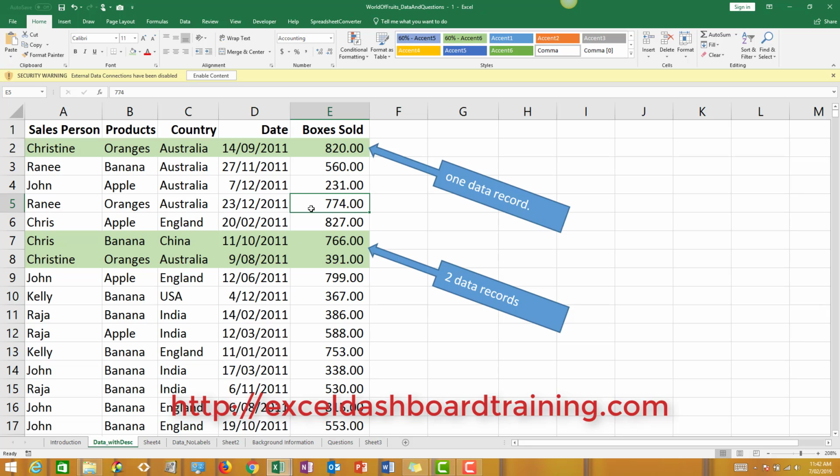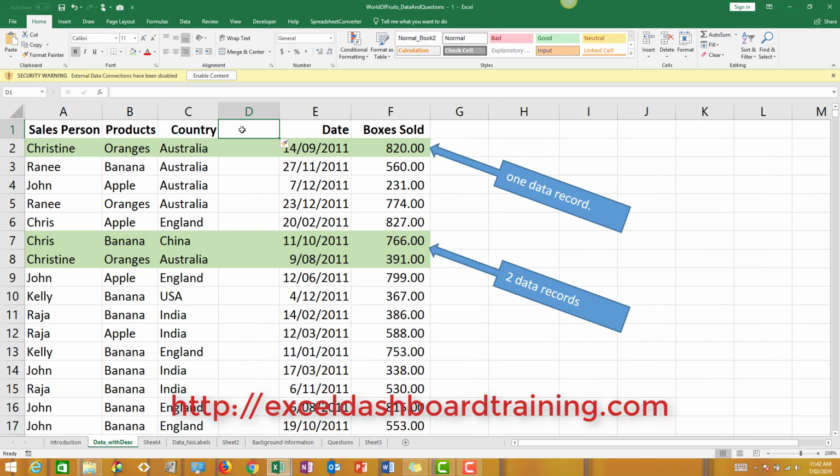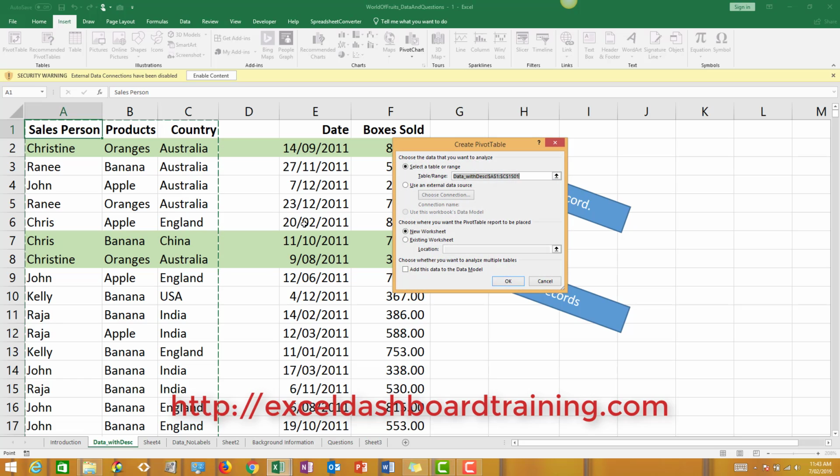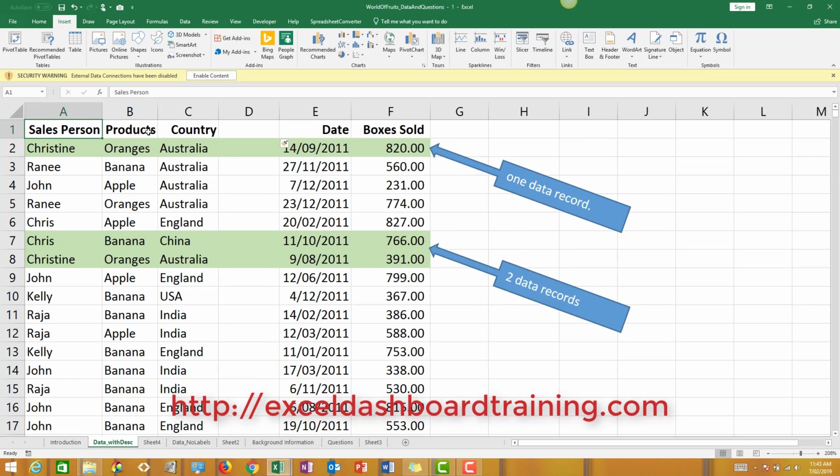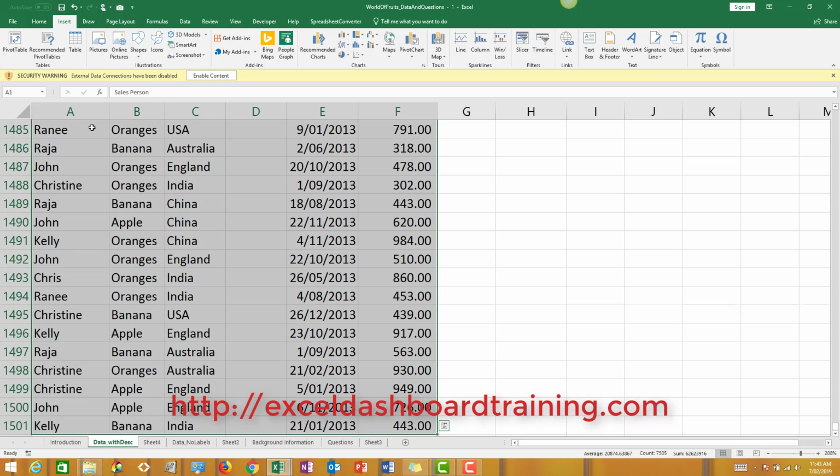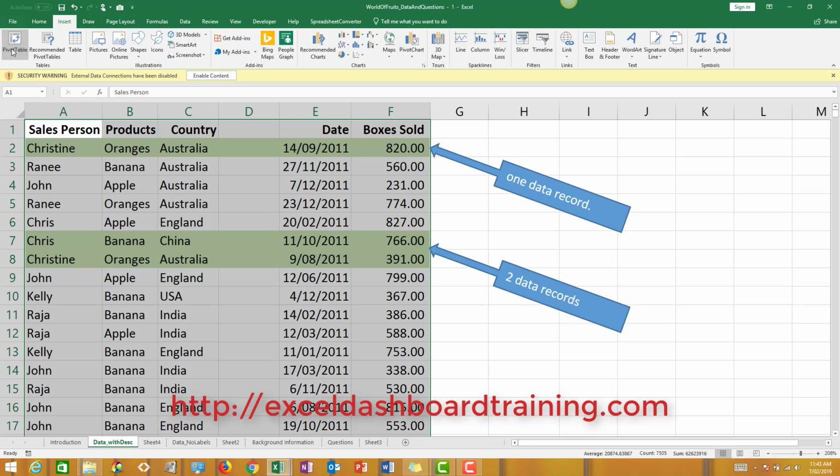The other thing you have to absolutely make sure of is that there are no gaps in the columns when you're creating a pivot table. For example, let me insert a column and show this to you. If I insert a column, you'll notice there's a blank column there, and if I now click on insert pivot table, you'll notice that the Excel pivot table wizard has only selected 3 columns. So I'll cancel that, and if I now want to include the entire range, and then click on pivot table